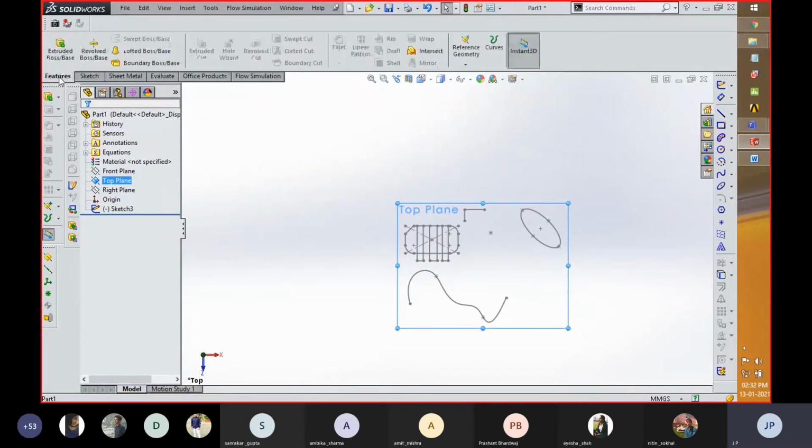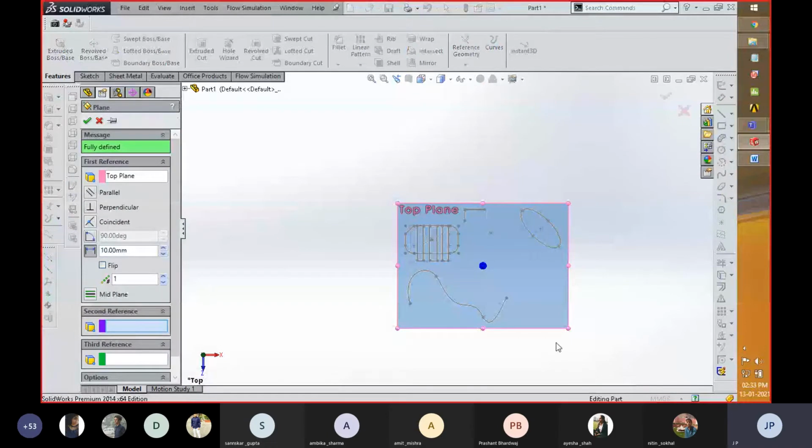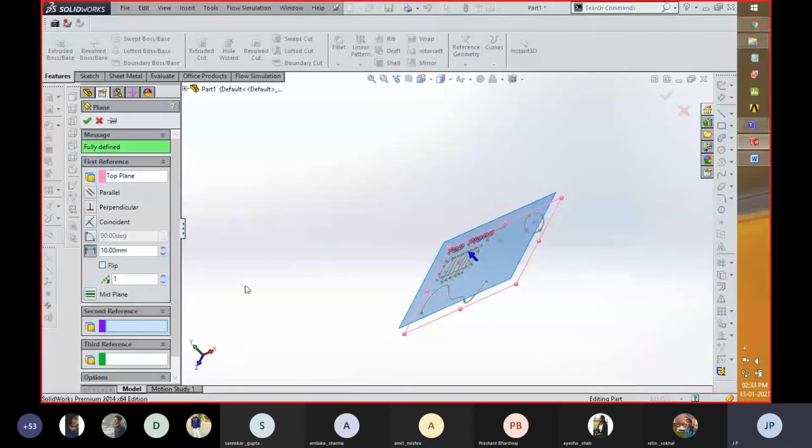So we have to select the plane first, go to features, then click on reference geometry. Over here you can see the plane. With respect to this, we created a datum plane for creating an object, and the distance between these two planes should be 20 millimeter.